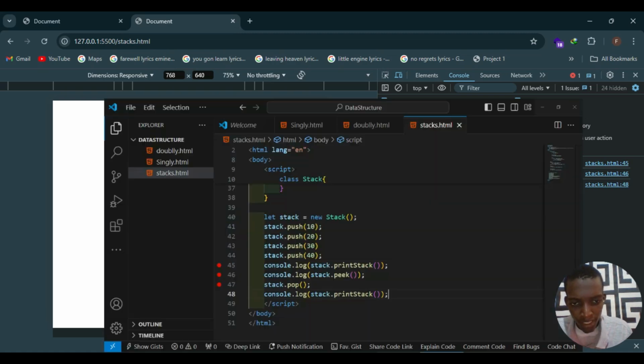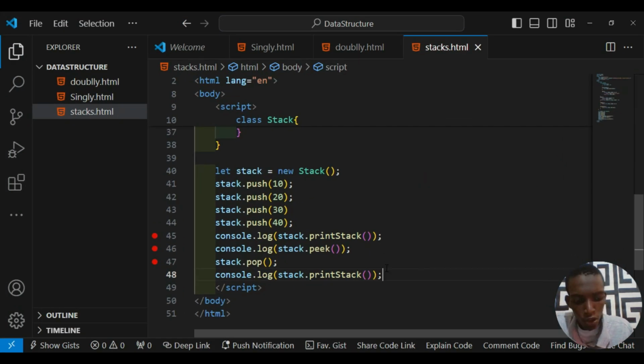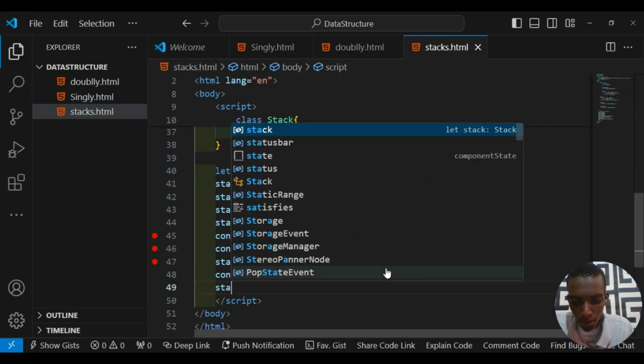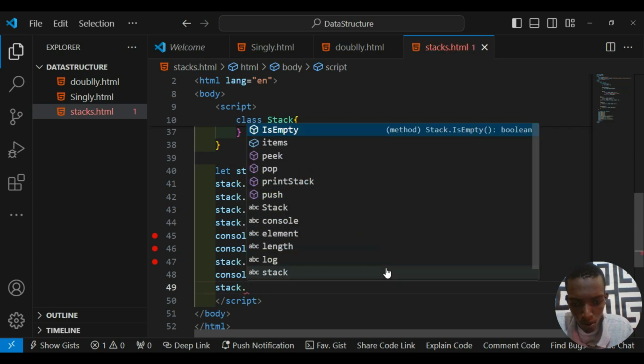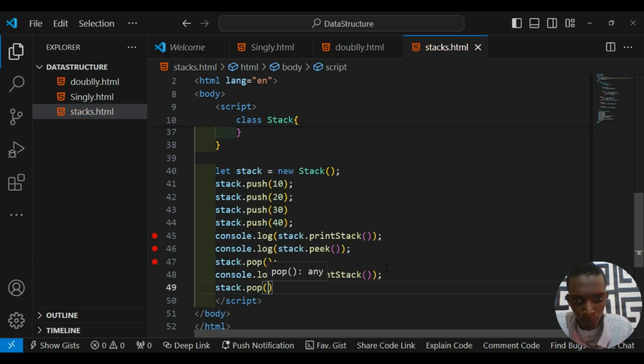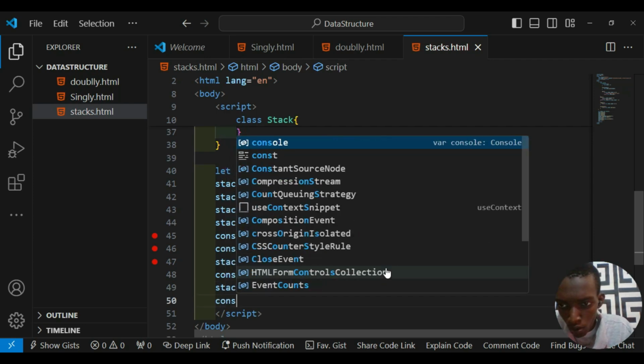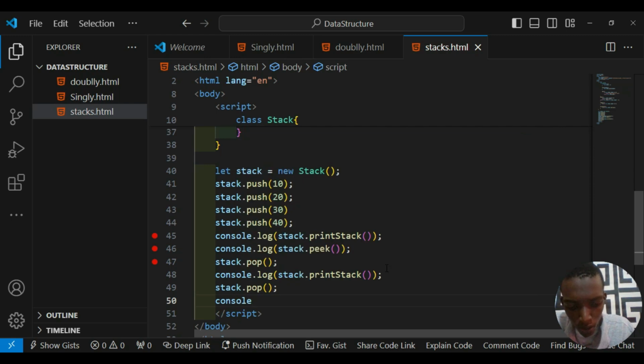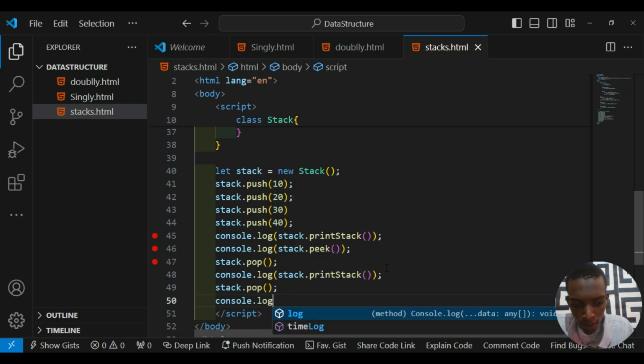So the moment I say this again, imagine I say stack.pop again. Now I'm removing the top element again. Now this time I'm saying something like this: console.log(stack